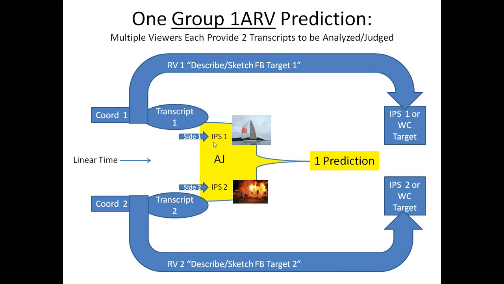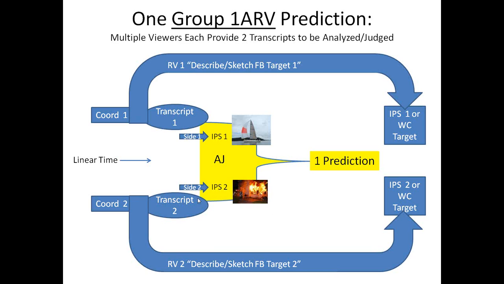If this is the side that happens, let's take that as an example. Let's say side 1 happens, and let's say that's associated with over. They're going to see a sailboat. Everybody on this side, all the viewers, will see a sailboat, and so we as judges hope to get a lot of sailboat kinds of things. On the other side,